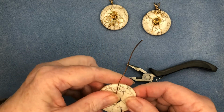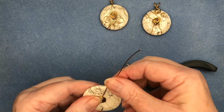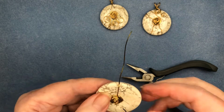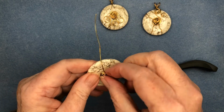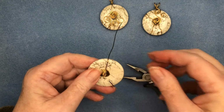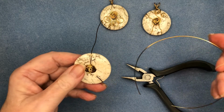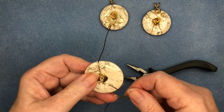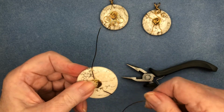Bring it up just to hold it for now. And this one we're going to hold to that side. Now, we don't want to just end there. That's not enough. So we'll get that centered a little bit better. There we are. I've cut another piece that's a little bit shorter, and we're going to interlock it into the outside edge of this rose